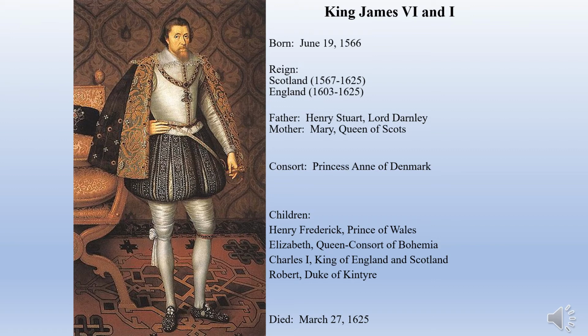As King of both England and Scotland, he began to call himself and his island nation Great Britain. He'll even go so far as to name himself the King of Great Britain. Even though that's not official until the 1700s, he will still be King James VI of Scotland and First of England. Because some people saw him as kind of an idiot and others saw him as an absolute genius, he gets this reputation as being the wisest fool in all of Christendom.